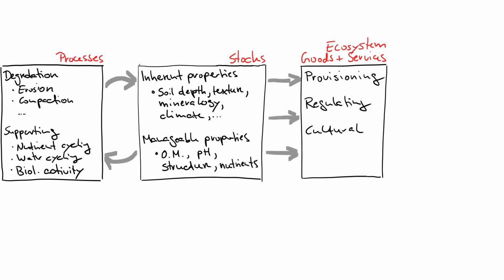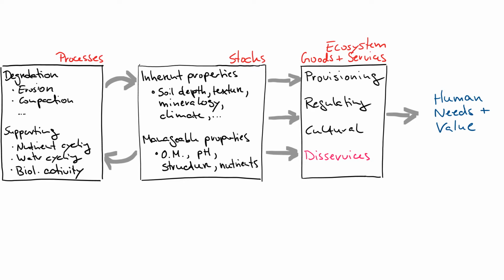From these stocks then that are made up of inherent and manageable properties, we derive the ecosystem goods and services. And here we might actually add one that is not a service in a positive sense, but a disservice. And those can also be derived from a degraded soil. These ecosystem goods and services then are the ones that provide us as humans with the needs and the values that we assign to them. And because of our